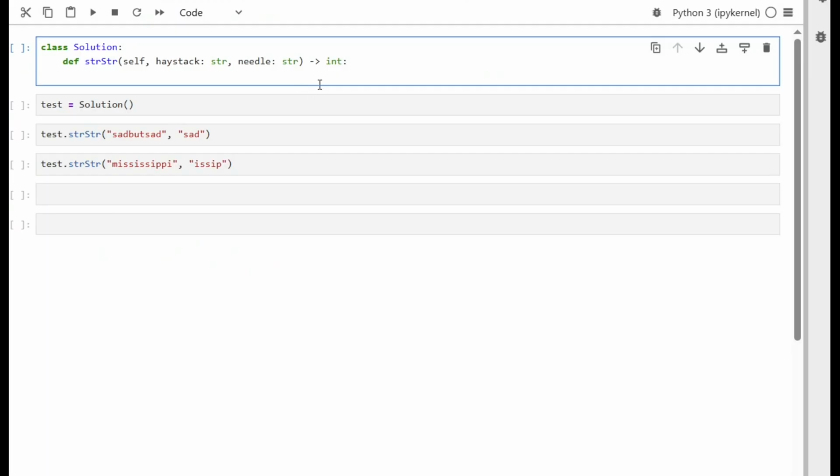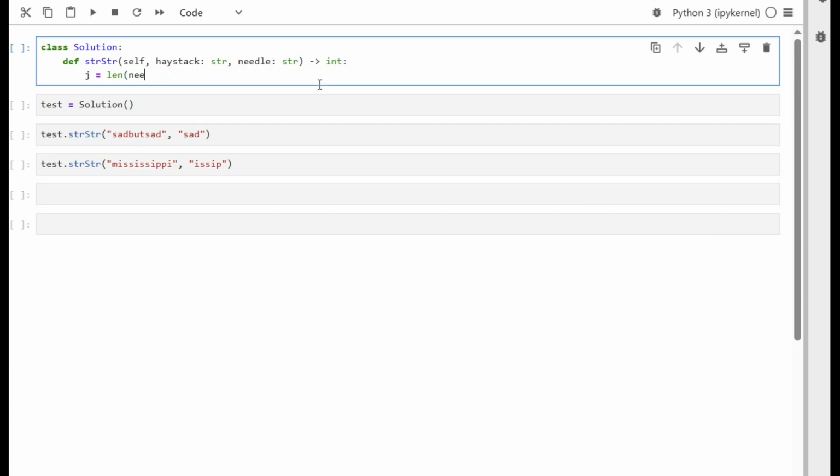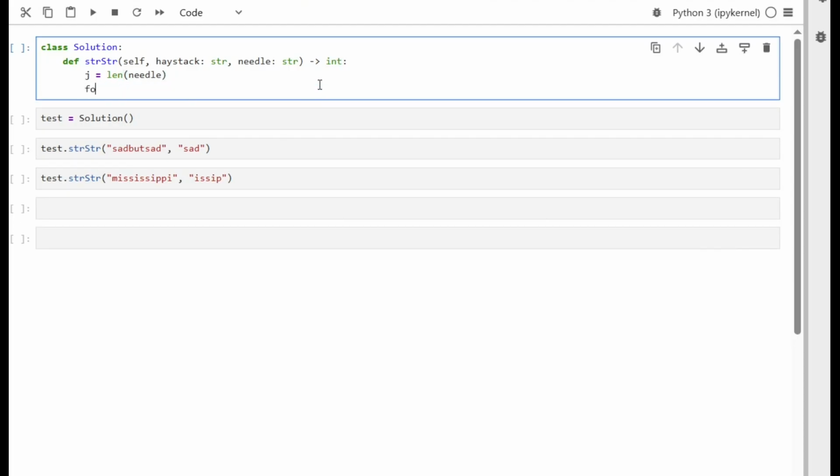So here I will define the length of the needle. I will call it J, so it's the length of the needle. We can define it here. J is the length of needle, and then we do the loop. So for I in range, length of haystack,